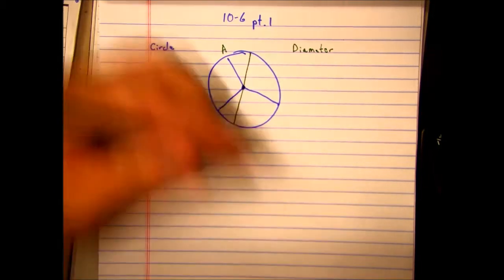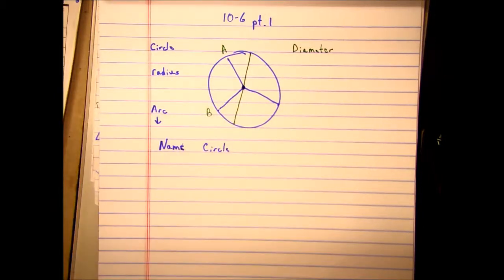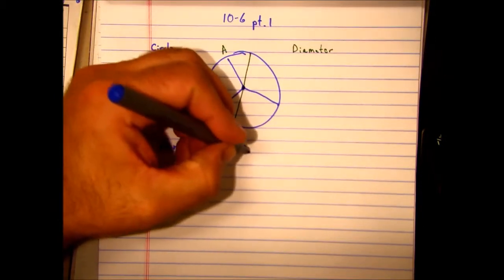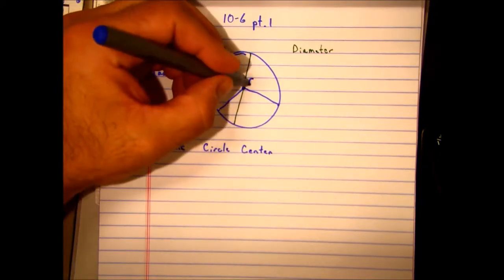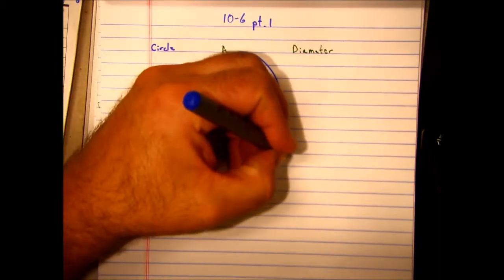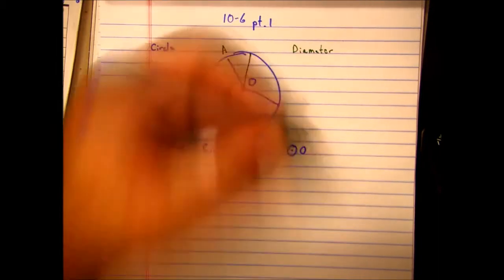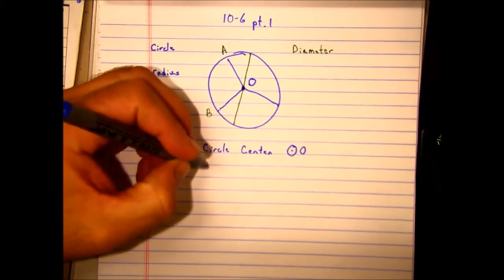We name a circle for its center. So let's just call this circle O. It's a circle with a little dot in it, and it's called O. If we're going to name arcs,